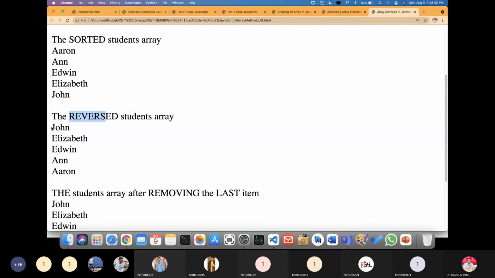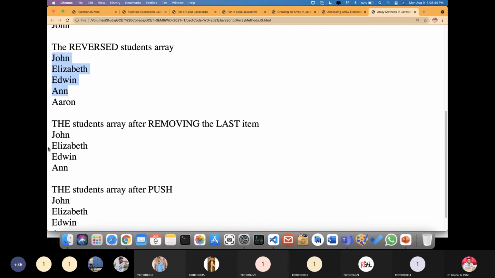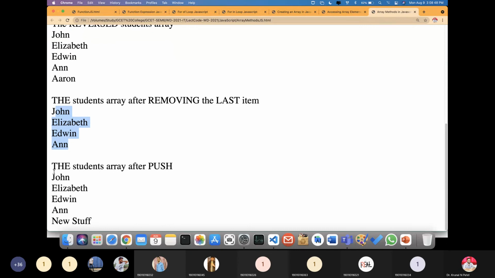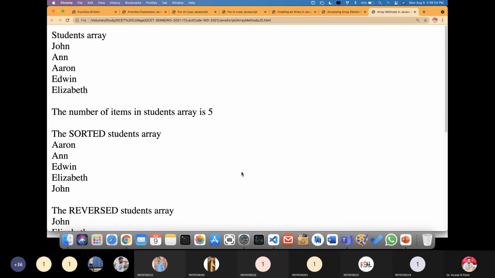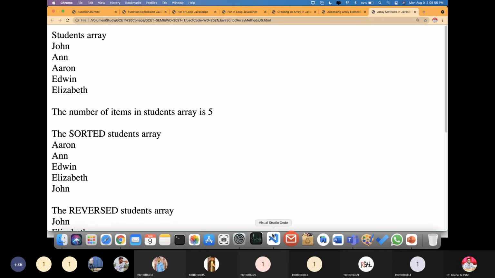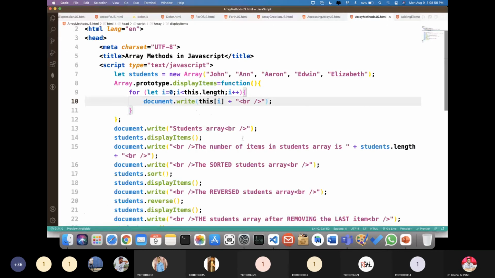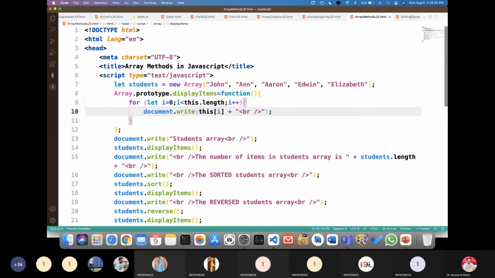Here we are displaying the reversed array. Here we are removing the last item. And here we are adding the new item, right? So these are the different ways of manipulating arrays. Okay, is there any doubt in this example, everyone?